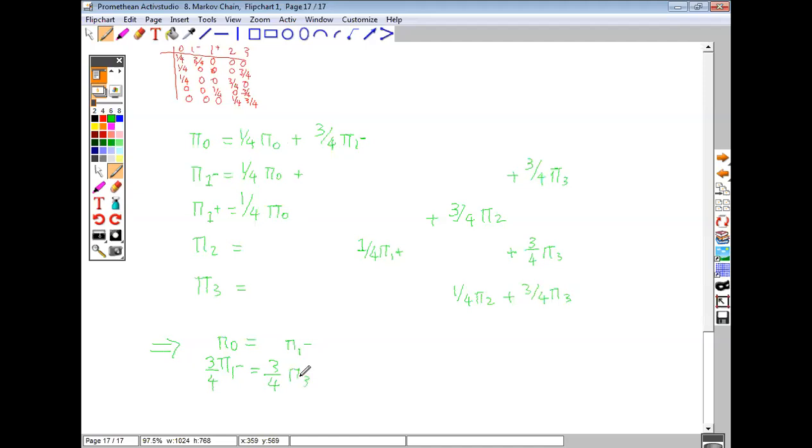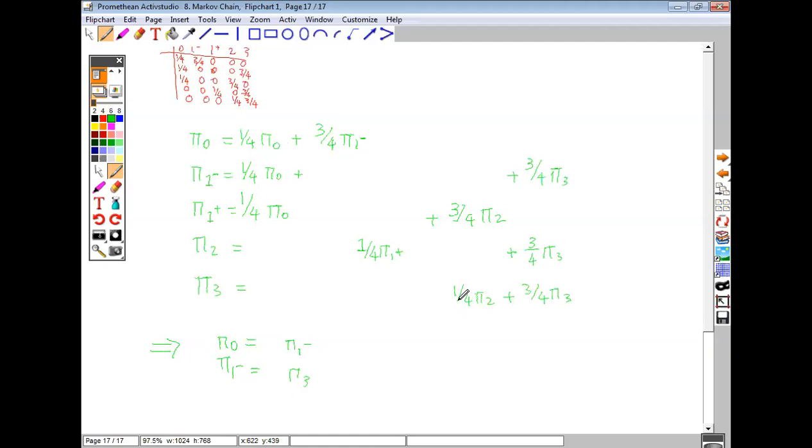Now this seems really easy, I guess. So what's again happening here is that your pi 1 is again equal to just pi 3. So your pi 1 minus is also equal to pi 3. Okay, so that's good. Let us move forward. So now if you know your pi 1 minus is equal to pi 3, what you can do is you have pi 3 here, you have a pi 3 there. So you can substitute pi 1 minus over there, and you can derive an equation between pi 1 minus and